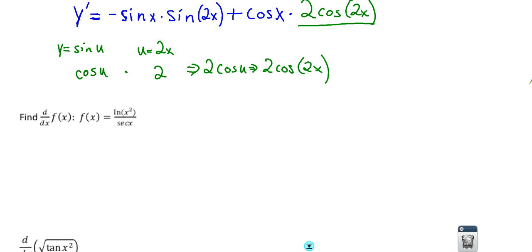Now, the next one. This f of x, we're taking the derivative of this. Here's the two ways you can do it. We could, if we wanted to do it this way, and just simply do the derivative using quotient rule. Okay? So if we did quotient rule,